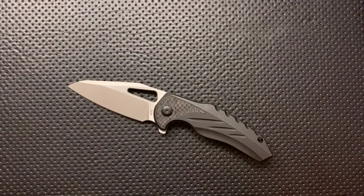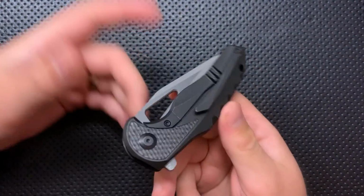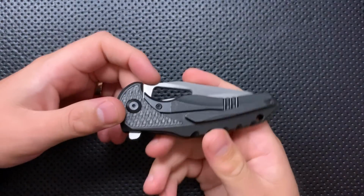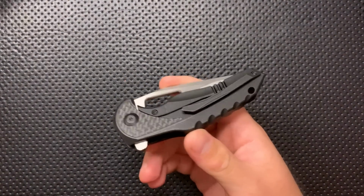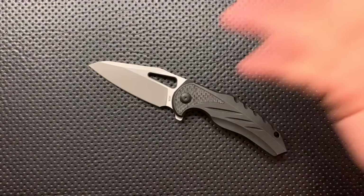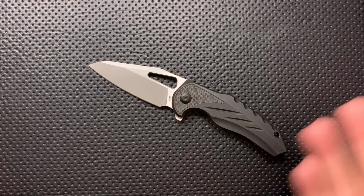Next thing, this is a prototype, and if the knife is produced, it will be produced by We Knives, but this is a proto straight from them. The maker is doing something a little different: he's doing an IndieGoGo. Basically, this is a crowdfunding platform where a bunch of people can say, yeah, I want to get one of these guys, and plunk down the money to buy one of these knives, and only if he reaches a certain goal will the knife be made. This actually makes a lot of sense,